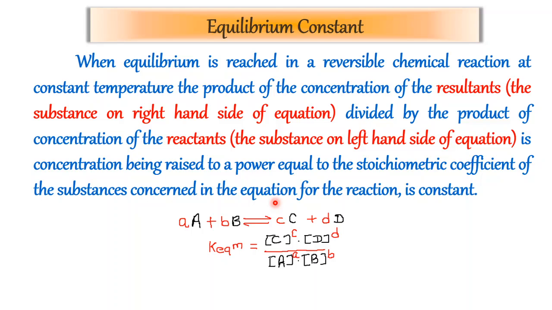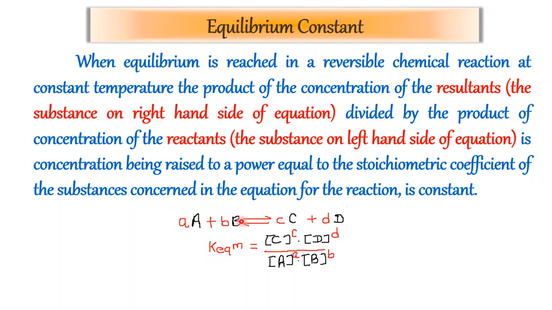Coming to the next point, the definition for the equilibrium constant. You may find that this is one complete paragraph which I have kept over here, but you can easily remember it. How will you remember? If I consider again a reaction where A and B are reacting, but this time I have written the number of moles of A which is reacting as small a, the number of moles of B as small b. Similarly, the moles of products which are forming, C and D. These will be called the stoichiometric coefficients for this chemical reaction, which is again a homogeneous reversible type of chemical reaction.